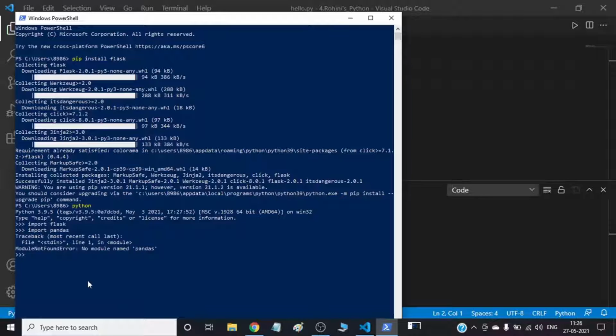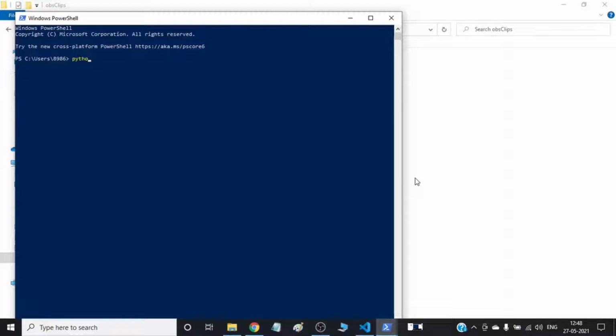So pip is a package manager which pulls modules for you from the internet. Here I type exit and I am out of the Python interpreter. One more thing I want to show you. I'll write python again and enter the Python interpreter. If I write here import random, then it will not show any error. How? We have not downloaded random. Actually, random is an inbuilt module.